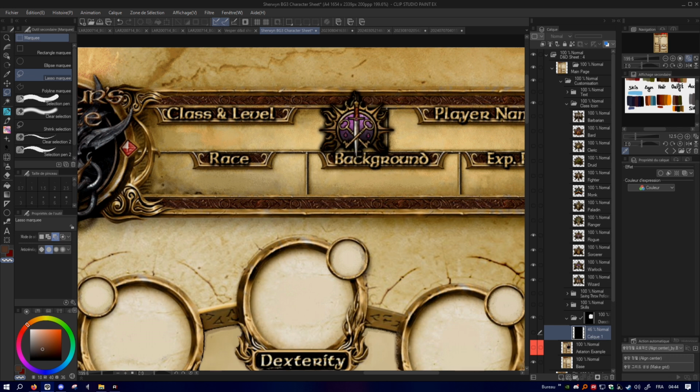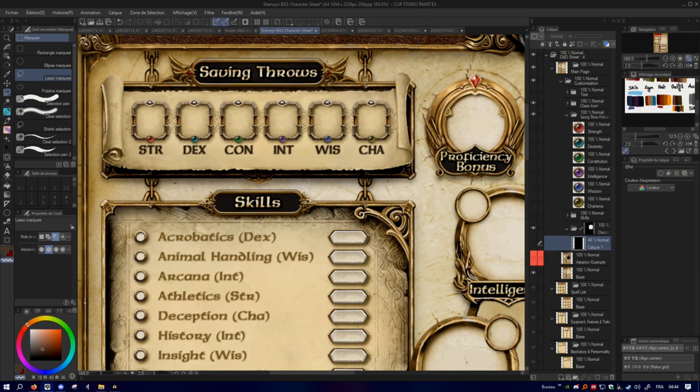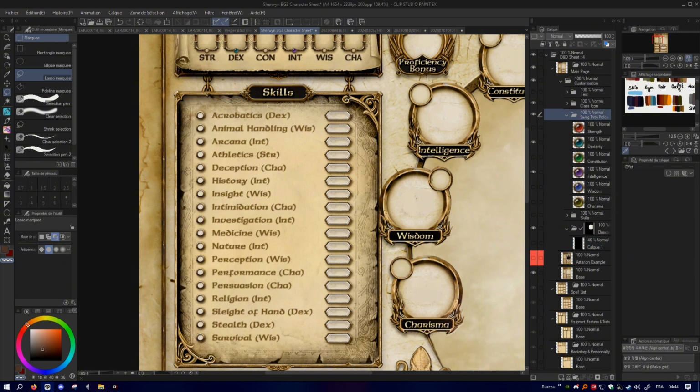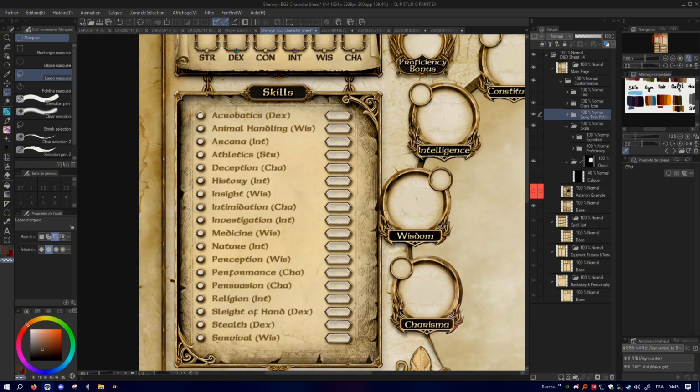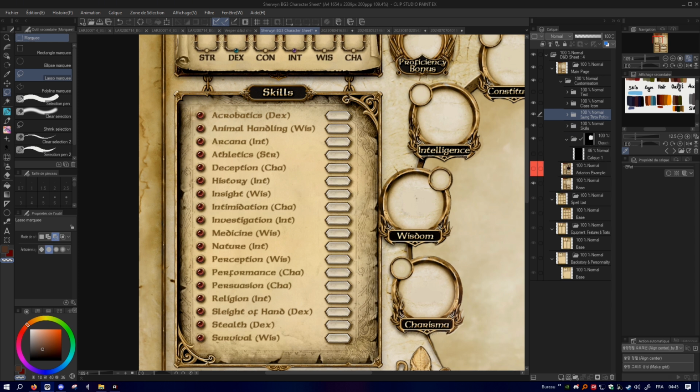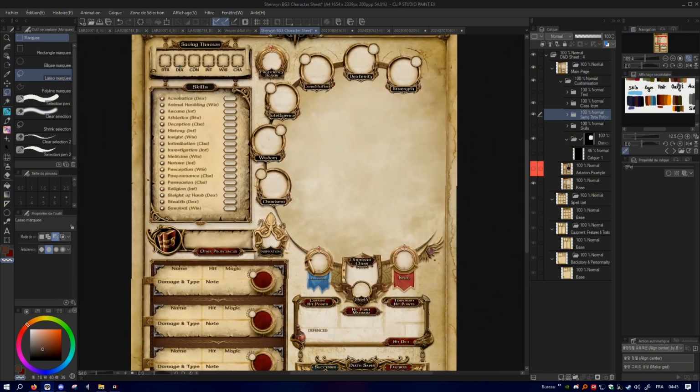Let's start with a quick tour of what the files have. You can easily toggle layers on and off to choose what fits your character, like the class icons here. I also noticed they made little color gems for the main abilities, so you can choose them here. And right below you can pick your proficiencies in red, and the teal orbs mean it's your expertise if you're a rogue, for example. I'll show you where you can find all the information you need to fill this later in case it's your first time doing a character sheet from D&D.